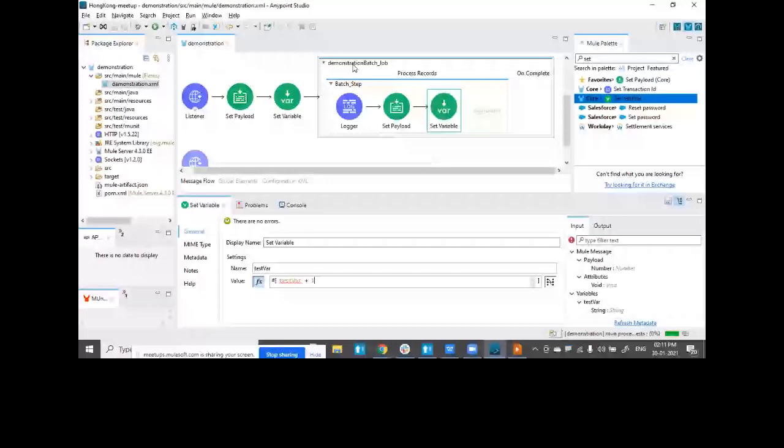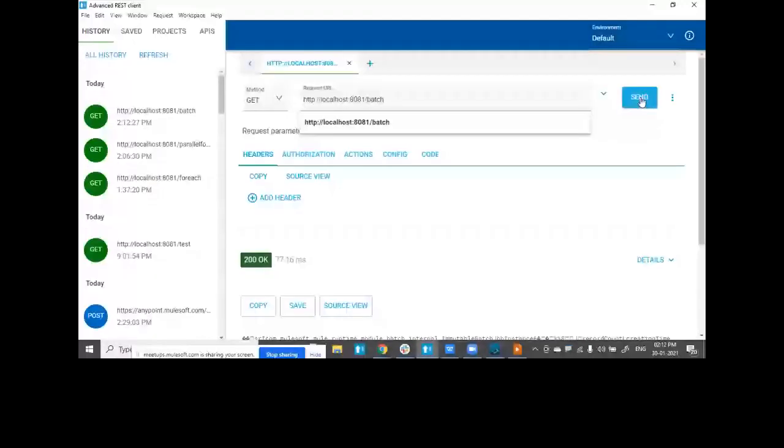Application deployed. If I check my console, I should have two kinds of data, before processing and after processing.